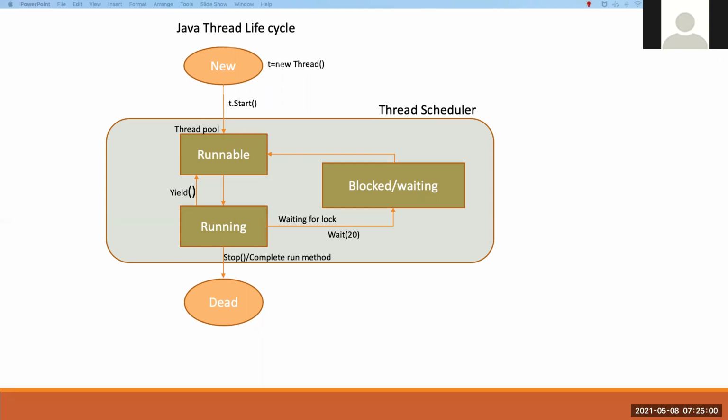Basically you are giving control to the thread scheduler to execute the thread. The runnable state, running state and blocked state, these three states are controlled by the thread scheduler.